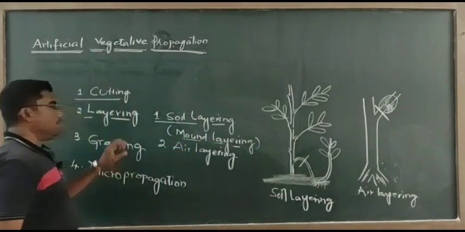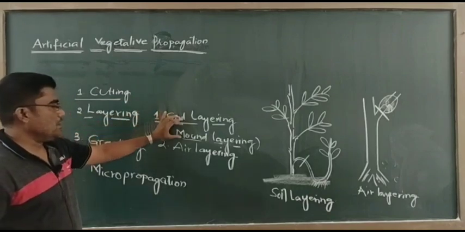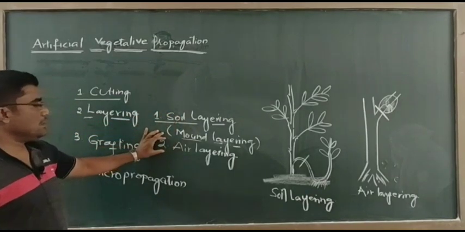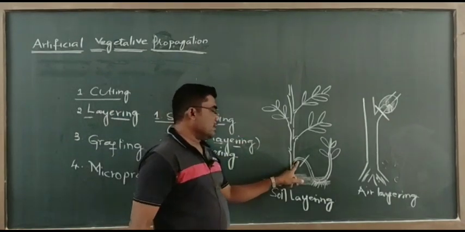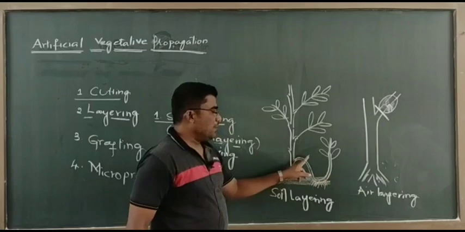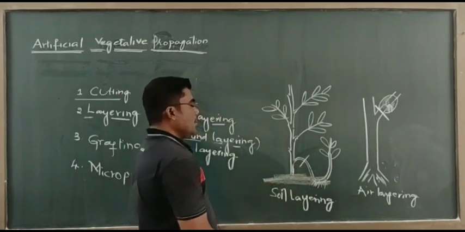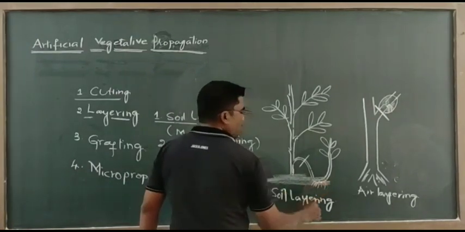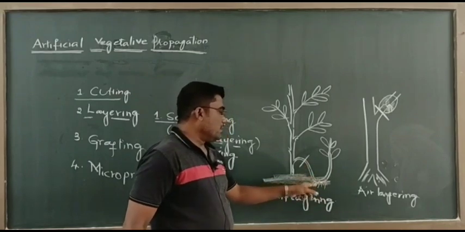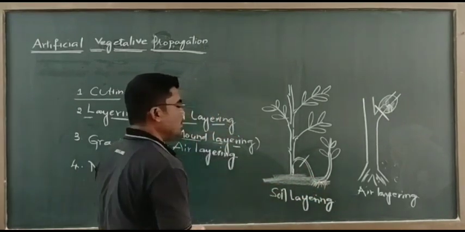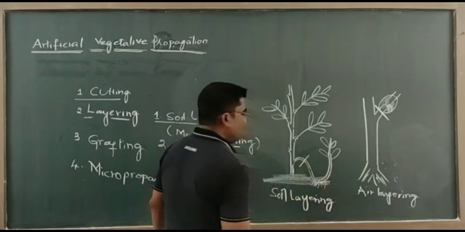This is the information about the layering. Layering includes two parts: soil layering, which is also called mound layering, and air layering. In soil layering, the lower lateral flexible branch is selected, defoliated, and made to contact the soil by bending the branch. Some injury is made where the branch contacts the soil, and after a few days when the branch produces roots, it is detached from the parental body and planted